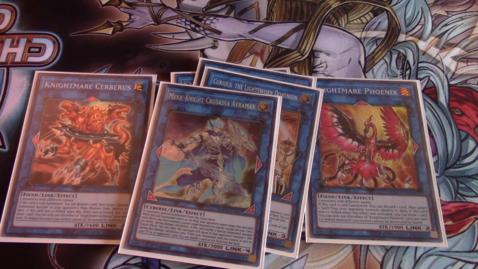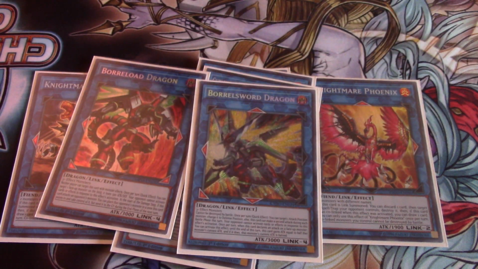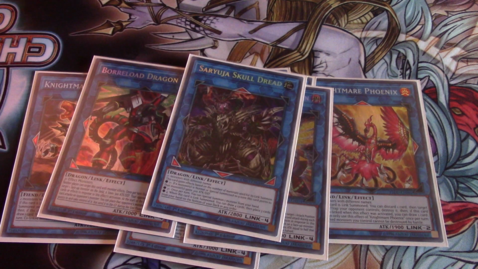Let's face it, this card's one of the best we got right now. Both Borrelload and Borreload Savage Dragons. So you just Skull Dread. And finally, the newest card,